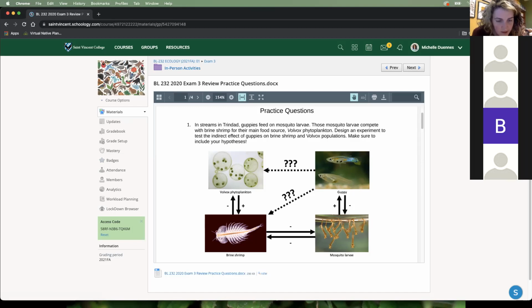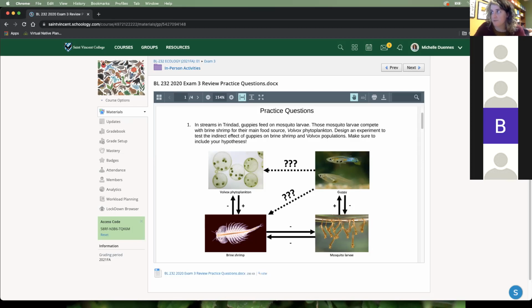Oh, wait, Phil's got one. So if we remove guppies, brine shrimp population will grow and Volvox would decrease. That's a really good hypothesis. So if you remove the guppies, well, let's see. If you also have the mosquito larvae though, it's still a good hypothesis because you have explicit predictions in there. But if you remove the guppies, the main predator of the mosquitoes, and the mosquitoes compete with the brine shrimp for Volvox plankton,